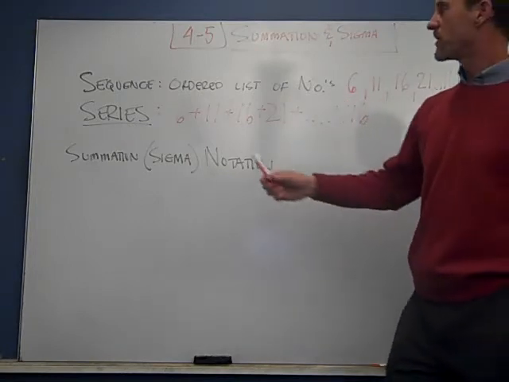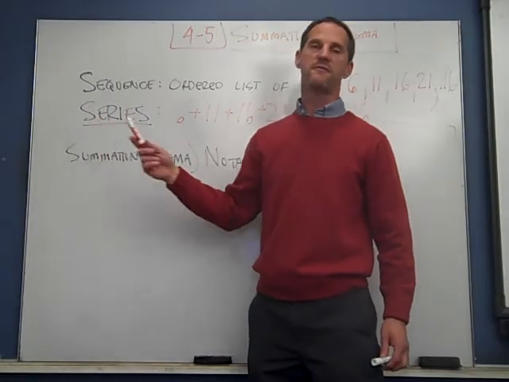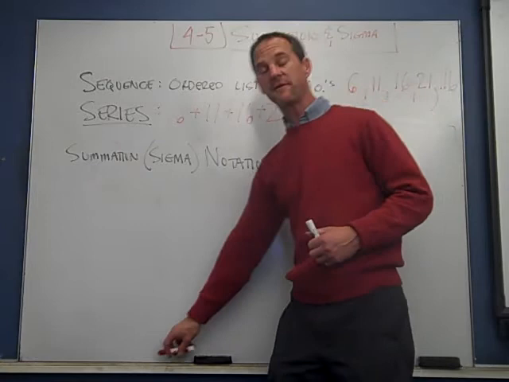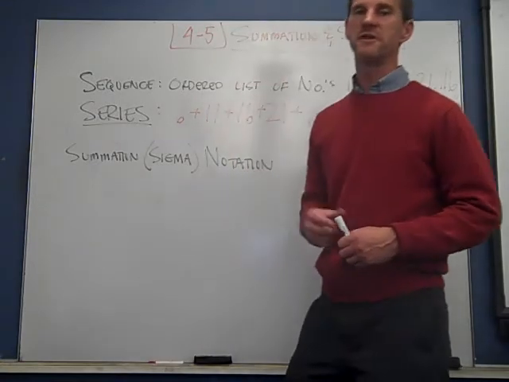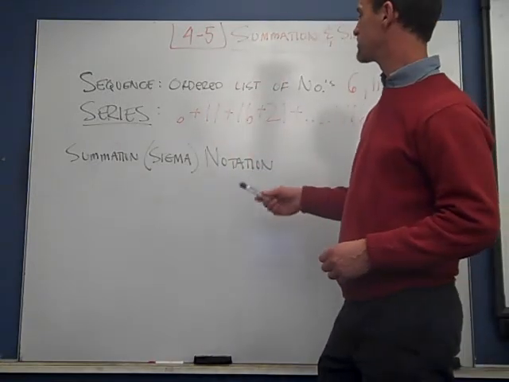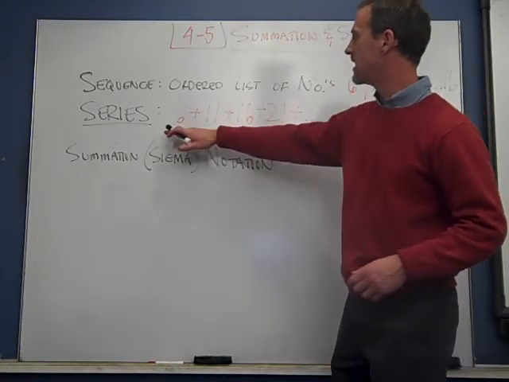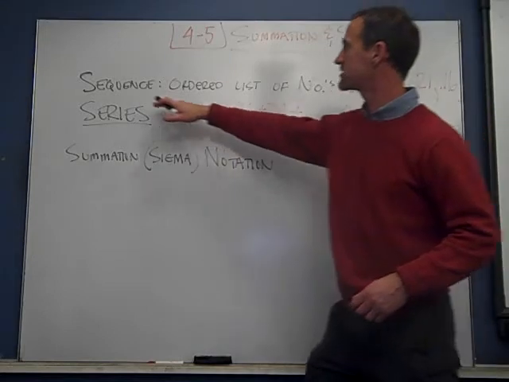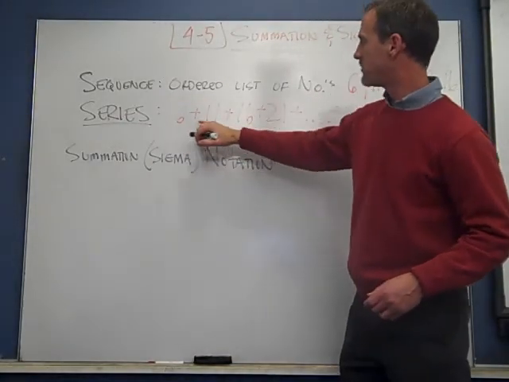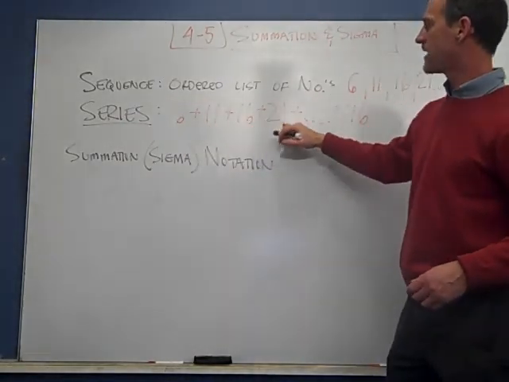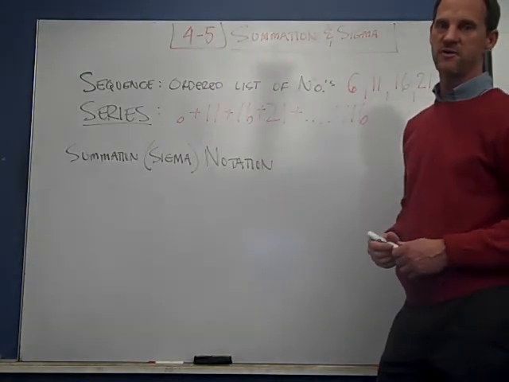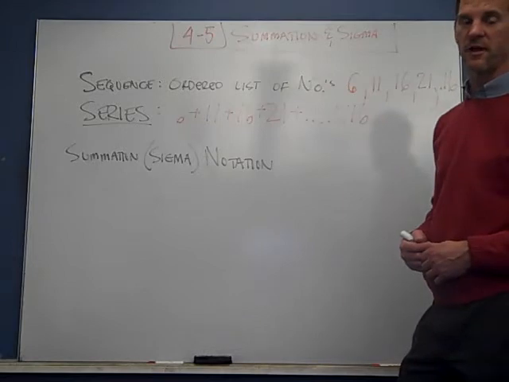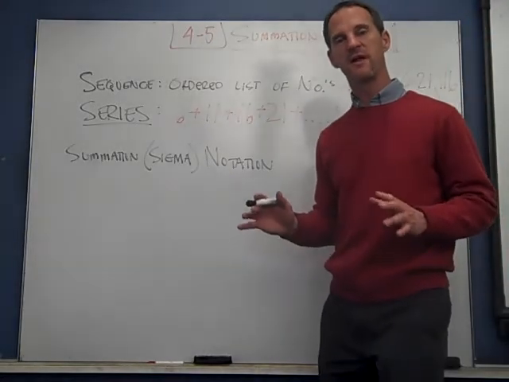Okay? So both words start with S. They're frequently confused. It's not really a big deal if you know the difference between the two words, but what is a big deal is that you're able to use the appropriate technique. When you're asked to add up a list of numbers, and in this case we're talking about an arithmetic sequence because they're going up by 5 each time, we can find the sum of all those numbers by using a very simple formula. Right now I'm not going to worry about the formula, I'll teach that to you in class,